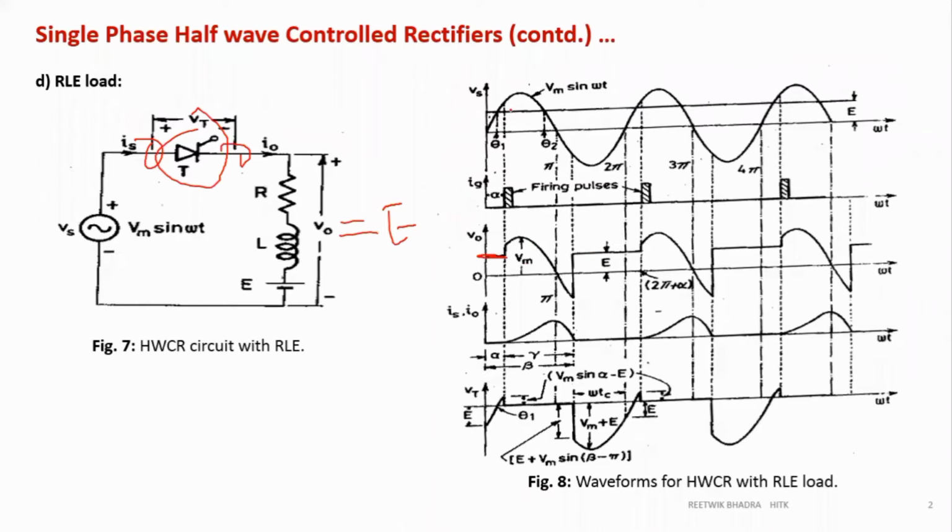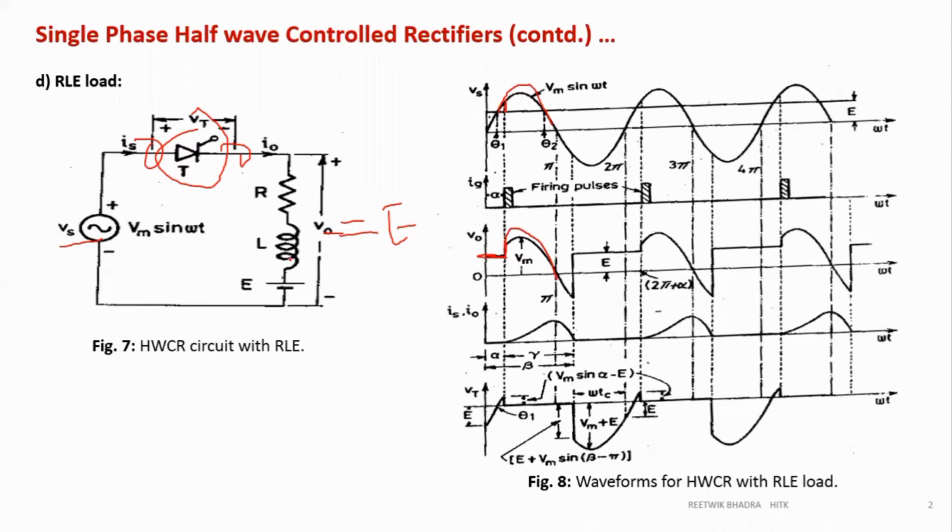Then when my thyristor is on at this point, at theta 1 or alpha, whichever you want to take, from that waveform your Vs will be equal to V naught. So it will continue the sine waveform. Either you can start from theta 1 in your copy, or you can show from alpha. If it is shown from alpha, then from E it is rising up to this point. Then it is continuing up to this peak.